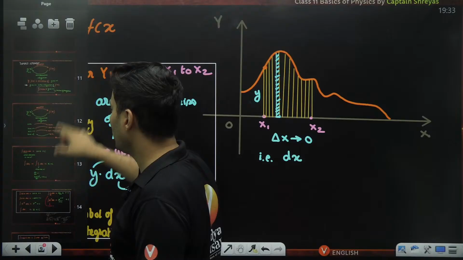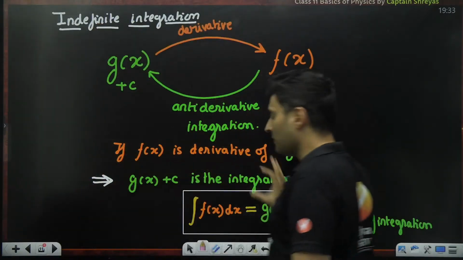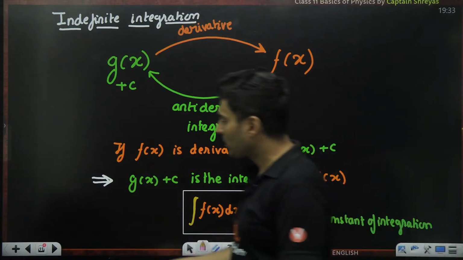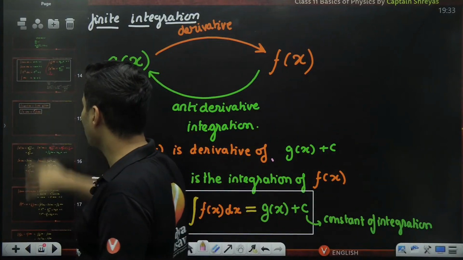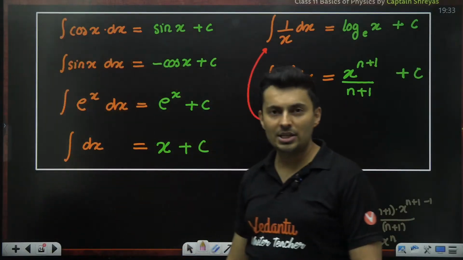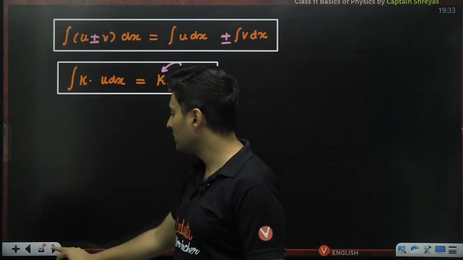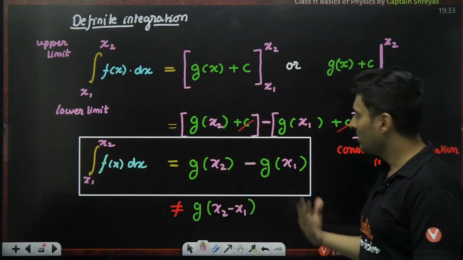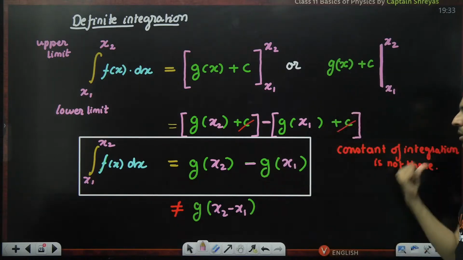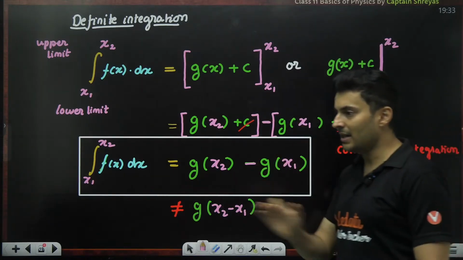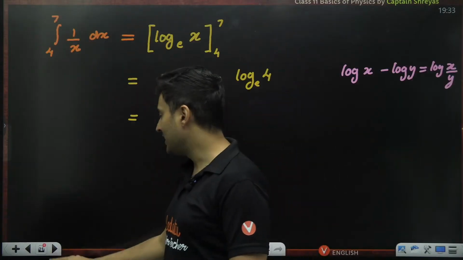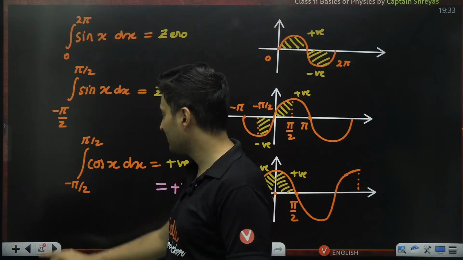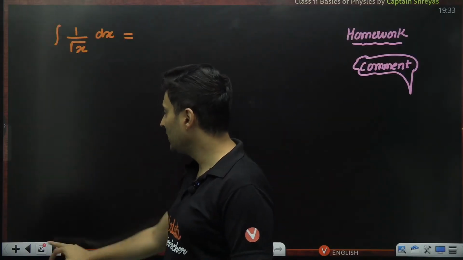And to see the formula for definite integration, we started off with indefinite integration, where you always have a constant of integration. Then we slowly saw the formulas for all the different functions. We saw how to integrate these functions with different rules. Then we switched over to definite integration, which is not going to have any kind of constant. That constant gets eliminated, and definite integration gives me the area under the curve in all these cases. So that was your basics of integration, my dear students.